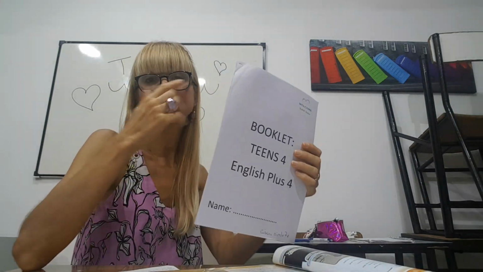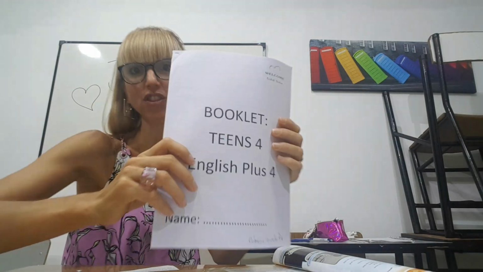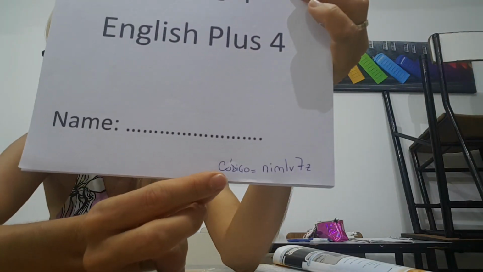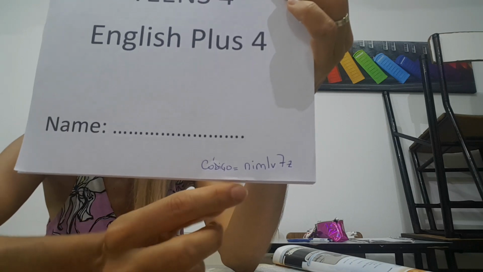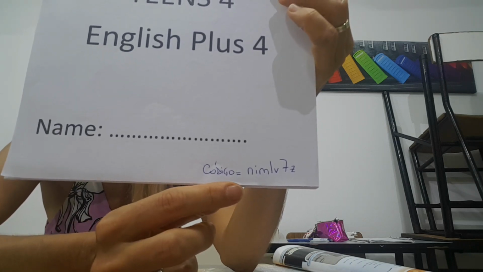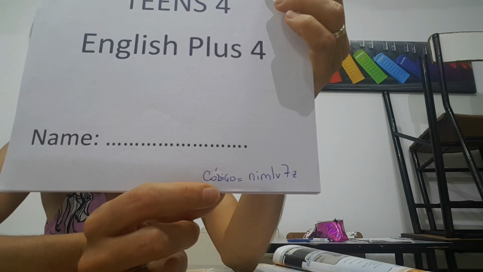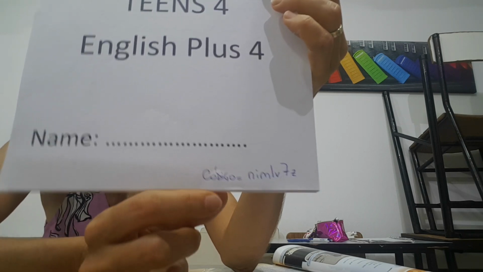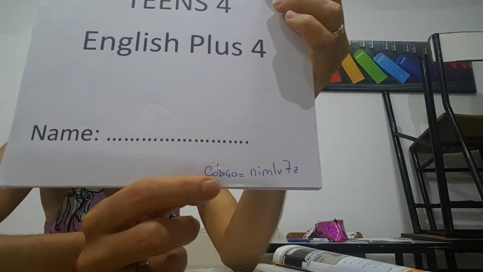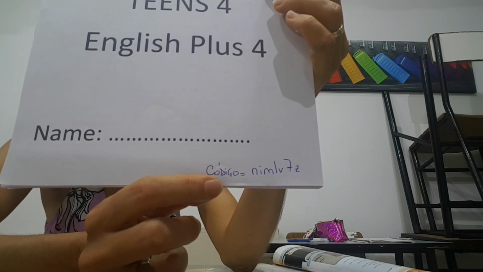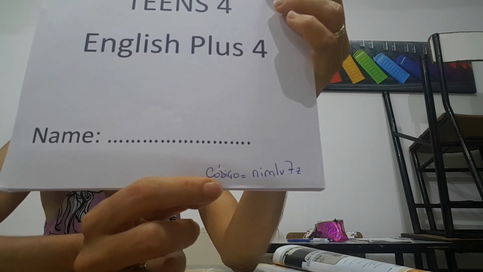Before going on, something very important that I forgot to tell you the other day. This is for the students who didn't come to fetch the booklet. On the front page of the booklet, you had a Google Classroom code. I told the students who came, or your parents, that this was the code of the Google Classroom for Teens 4, and that there you could ask any questions or doubts that you had. The students who didn't come and had the booklet sent by email or WhatsApp, you don't have the code, so